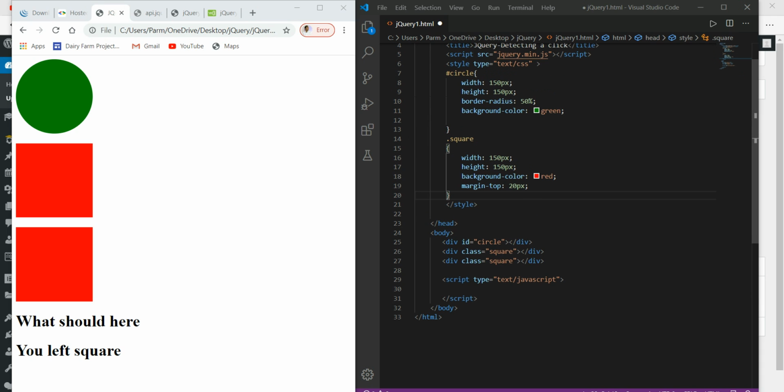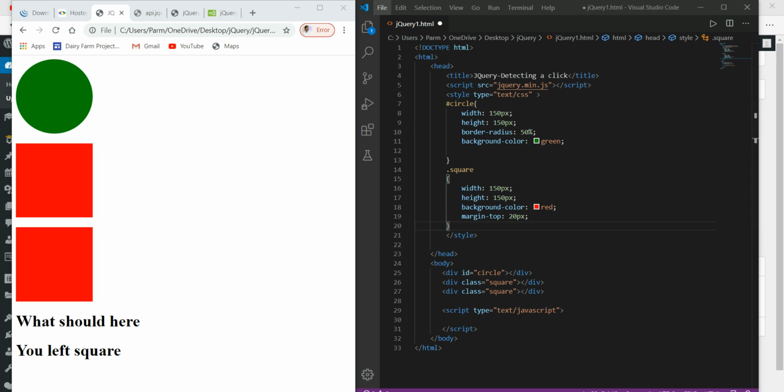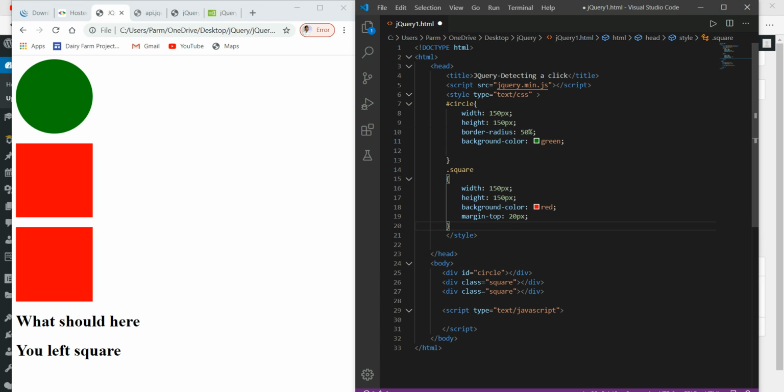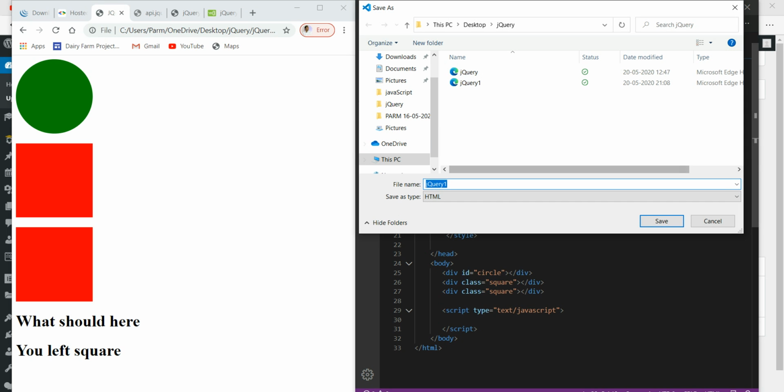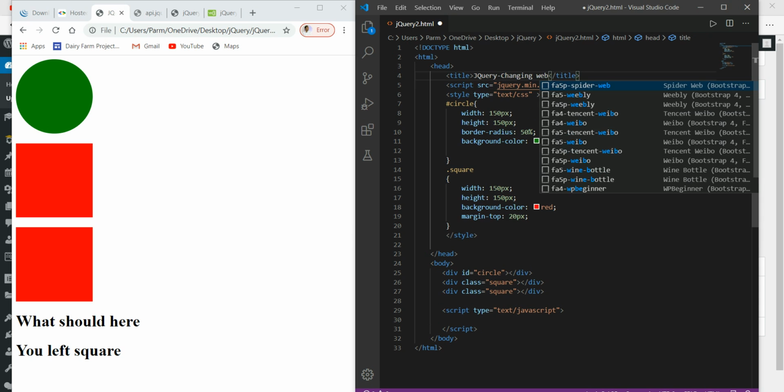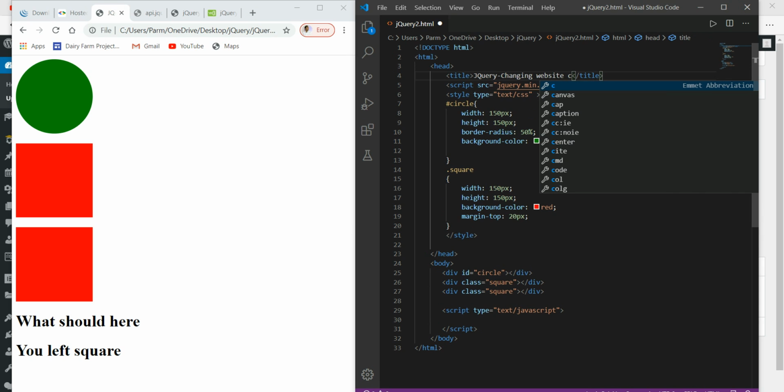So we go with the Save As option over here, and I will save this file with the name jQuery2, and here I will set the title, changing website content.